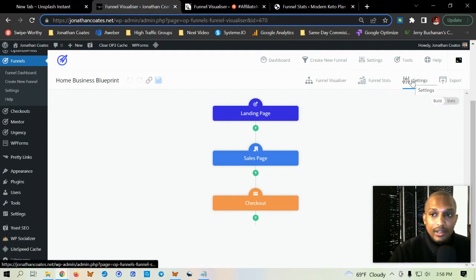Then you have your settings, again, which is just like the settings up top here. And if you ever want to export the settings or export your funnel to share with your students or share with anyone else, and you don't want them to have to go in and configure everything and set everything up, you can actually export them and it'll give you a URL, and they can just paste that in their dashboard